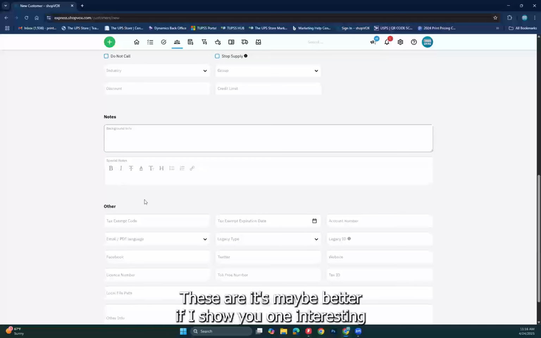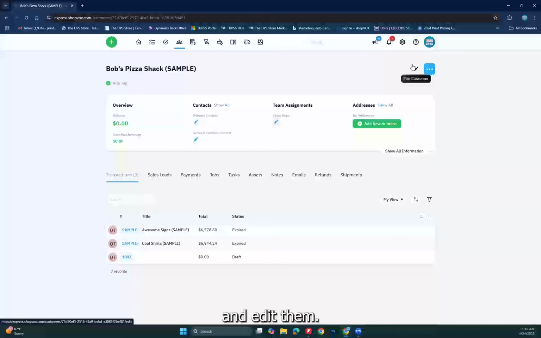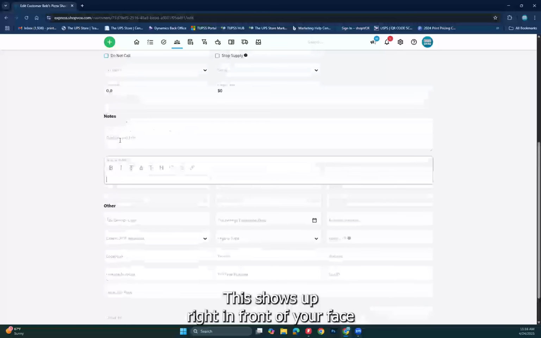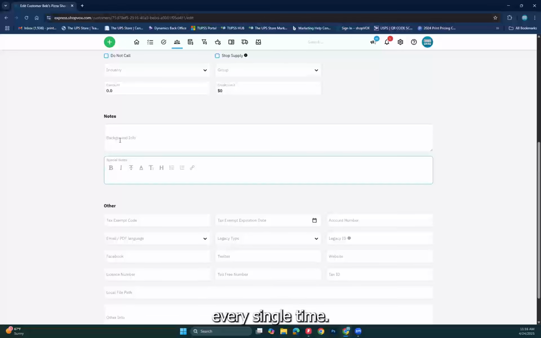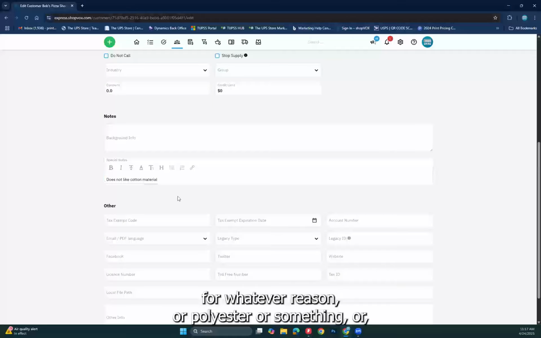Special notes. It's maybe better if I show you on an existing customer. Let's go to an existing customer. Let's choose Bob's Pizza, and we'll edit them. Special info. This shows up right in front of your face every single time. So if I put on here, let's say you did apparel, does not like cotton material. It doesn't feel good, and they don't want to buy cotton for whatever reason, or polyester or something,